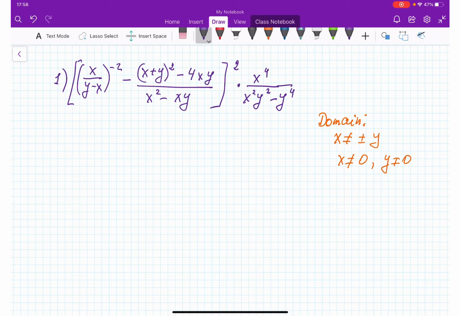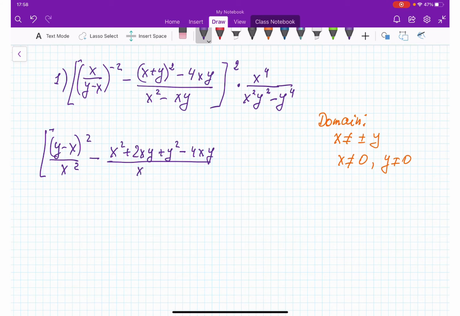Since in the first parenthesis we have power negative 2, I'm going to flip it over and get a positive 2, right? It's going to be y minus x divided by x, squared. Square here, square there, minus square brackets x plus y squared, it's going to be x squared plus 2xy, formula of perfect square, plus y squared, right? Minus 4xy